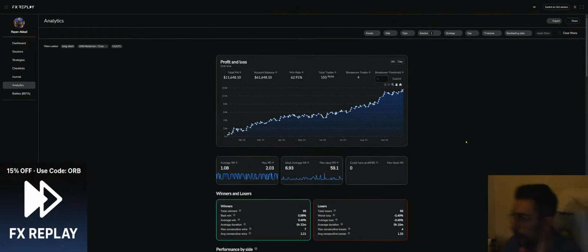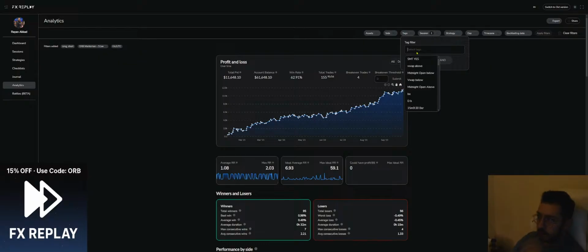Oh yeah, I need to just check one thing. Tag filters. Let's see the win rate when we are above the VWAP and then above the midnight open, okay? And we don't have an SMT. I need to add and. SMT, no. Oops. Midnight open above. So always put and, do not put or. So VWAP and midnight open and SMT. Okay? And then side is long. Apply filter.